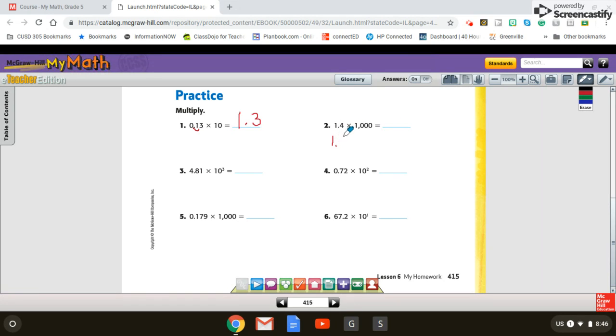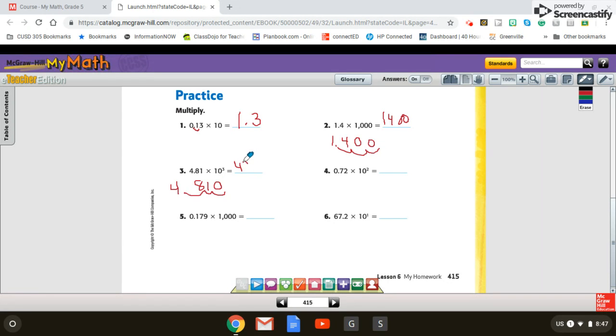Okay, so 1.4 or 1 and 4/10 times 1,000. You're going to go 3 places. That's 1, 2, 3. I have 2 swoops, nothing over it, so I'm going to add 2 zeros, and my answer is going to be 1,400. Okay, not a very good zero, but it is a zero. Okay. All right. Now this says 3, so that means I have to move it 3 places. So 4 and 81 hundredths times 10 cubed. I'm going over 3 places, so I'm going to go 1, 2, 3. There's nothing over that swoop, so I'm going to add a 0,